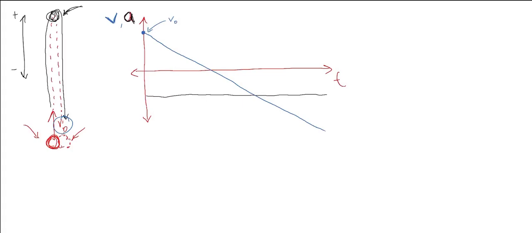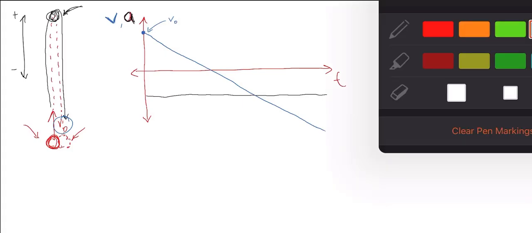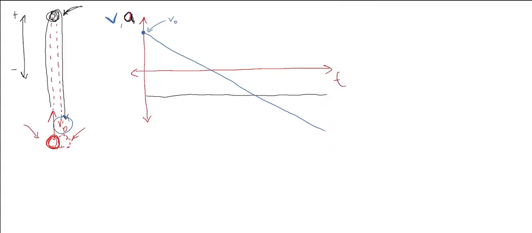Now, lastly, let's look at position, and we'll go green for that one. Now, position, if we call the origin where the ball leaves, so we'll say this is x equals 0, that position, and we're saying it comes back to that same position at the end,